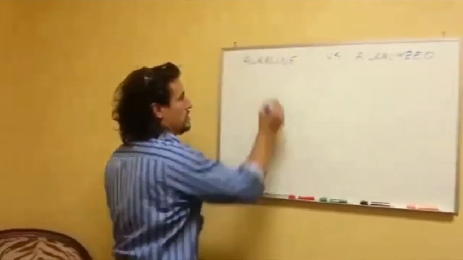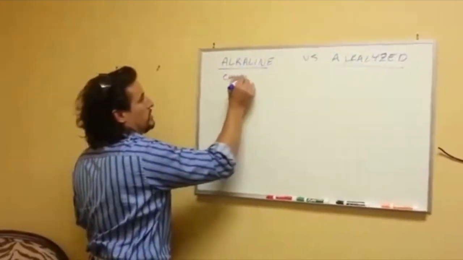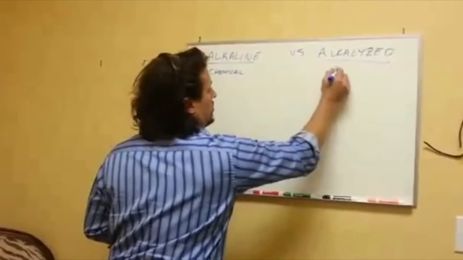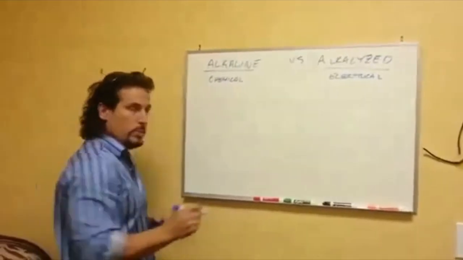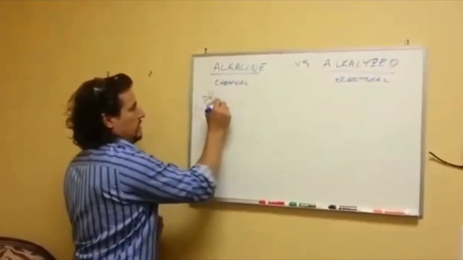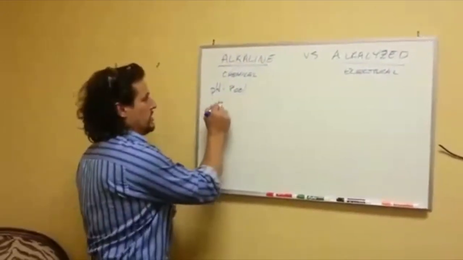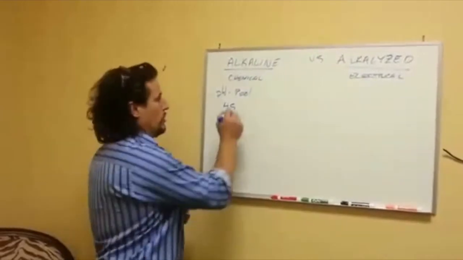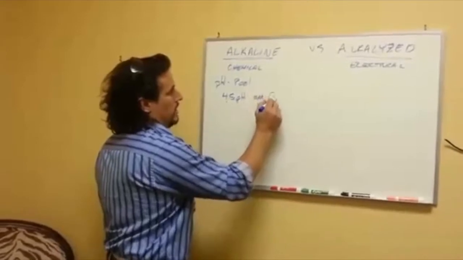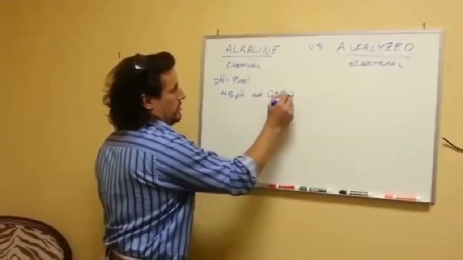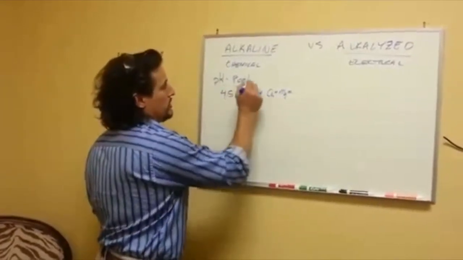The short answer is this is a chemical change, this is an electrical change. If you were to use your pH strips, like for a pool, and they test the chemicals and the water comes out at, say, 4.5, well, with a pH of 4.5, you would then add either calcium or magnesium or something like that to increase the alkalinity. What the pH strips are looking for